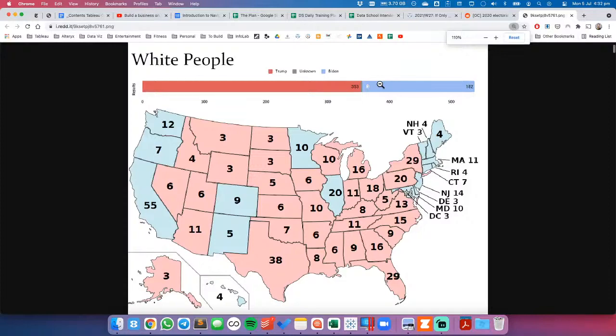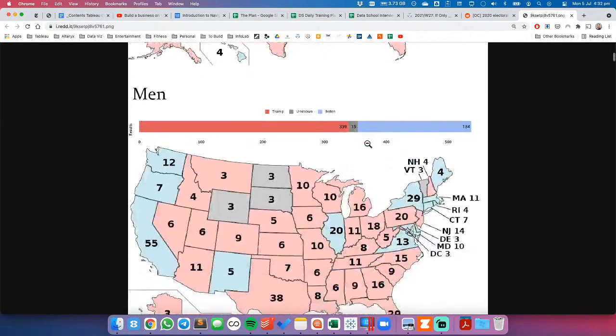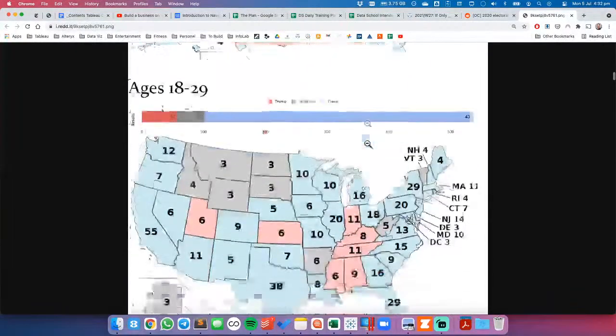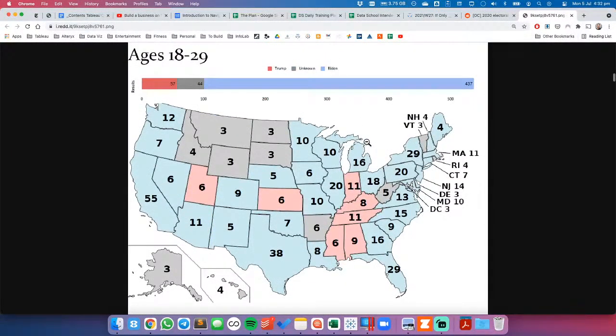So we can see if only white people had voted. It's got a nice stacked bar chart across the top for 538 votes. Notice there's an unknown section. So this is what the map would look like if only white people had voted, and then if men had voted, only if women had voted, etc. And there's some really interesting